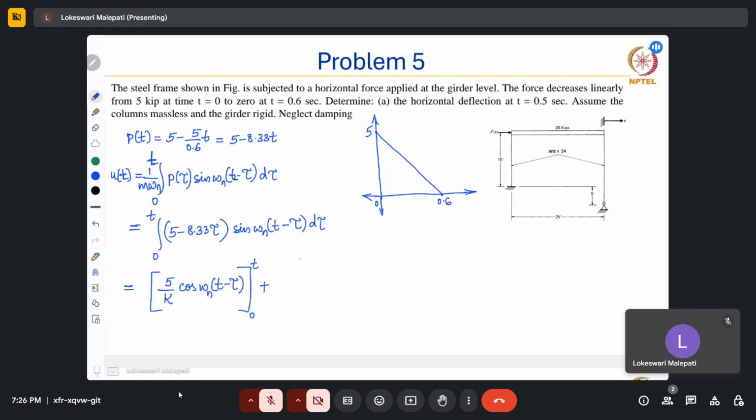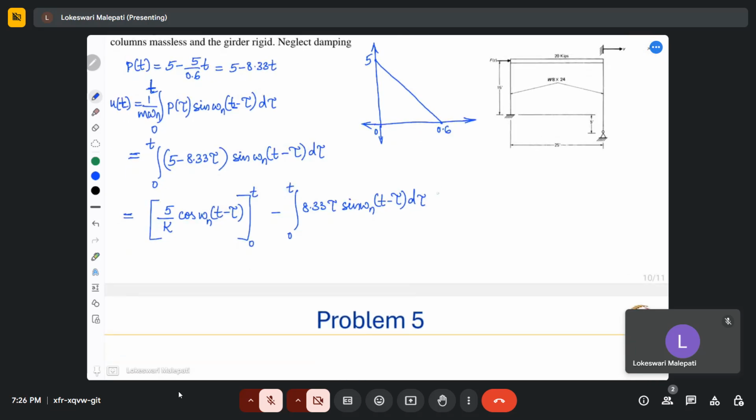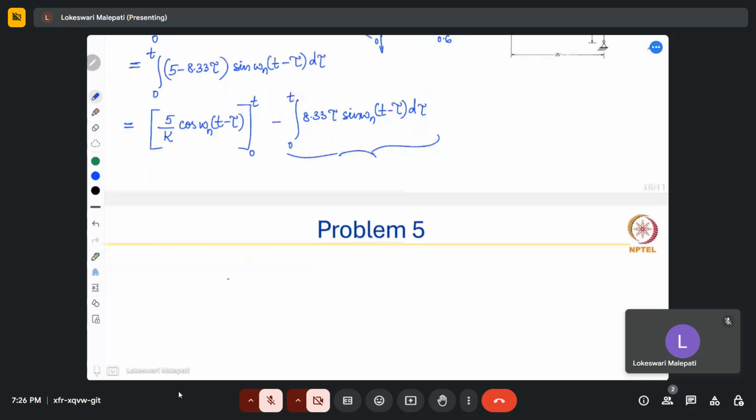So the second thing is the integral from 0 to t of minus 8.33 tau sine omega n (t minus tau) d tau. So this is equal to, evaluating this second component,